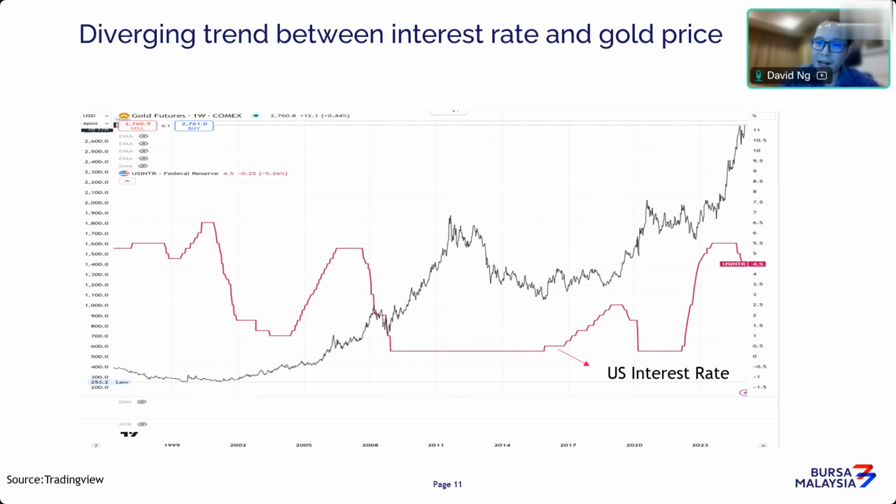So obviously, when you have a high interest rate environment, there's less tendency to hold gold, because you have other instruments that give you better interest, or even your fixed deposit gives you higher interest. So therefore, gold tends not to be favored. But when you have an inflationary environment together with high interest rates, it's a different story, and that's what we're seeing right now.